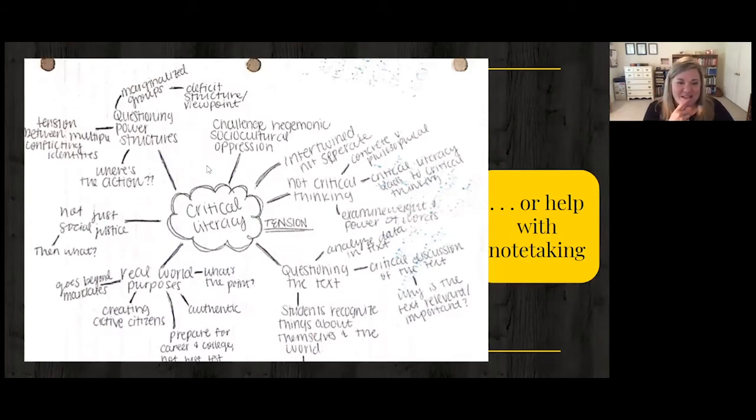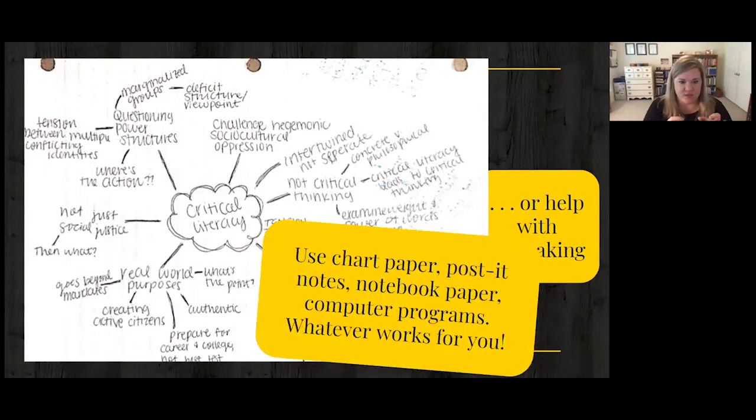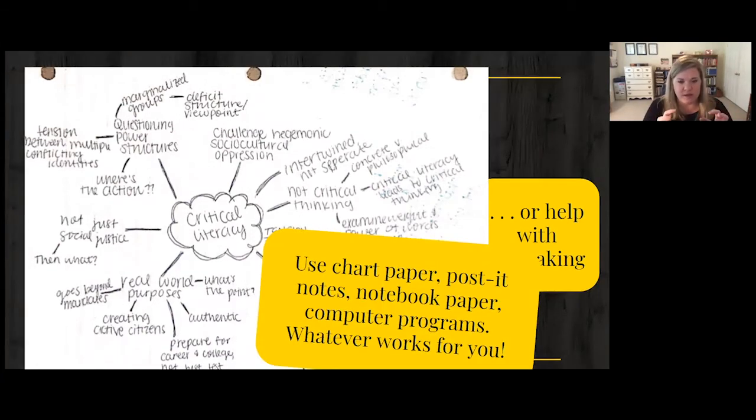A little simple concept map that one of my students made. She was just learning what critical literacy was. And so you can start to see that there are things grouping together, right? She has questioning power structures and then she has lots of things grouped around it. She has real world purposes and lots of things grouped around it. So the great thing about concept maps is that while we're taking notes, we're really able to see where things start to fall and group together. And it's super informal. So if we mess it up, no big deal, cross it out, move it over. It really helps with the thinking.